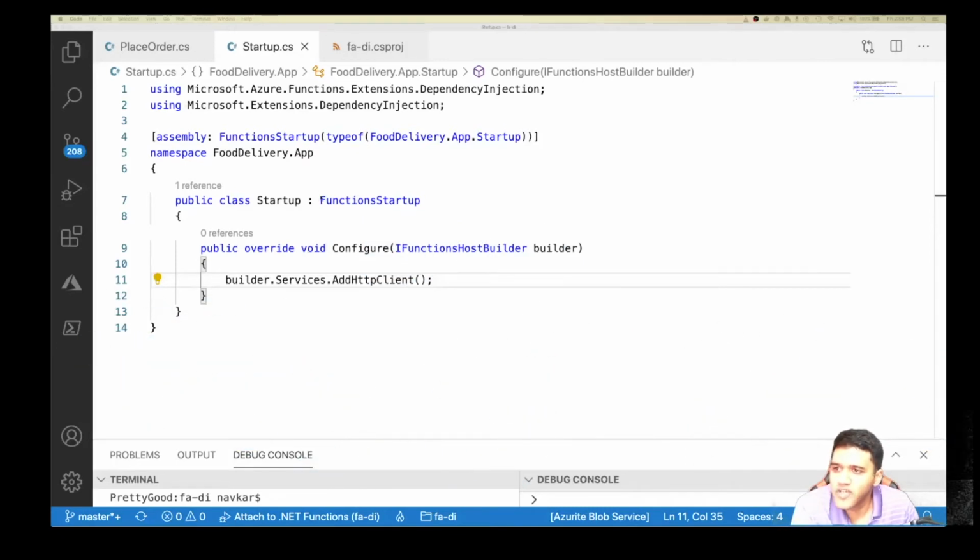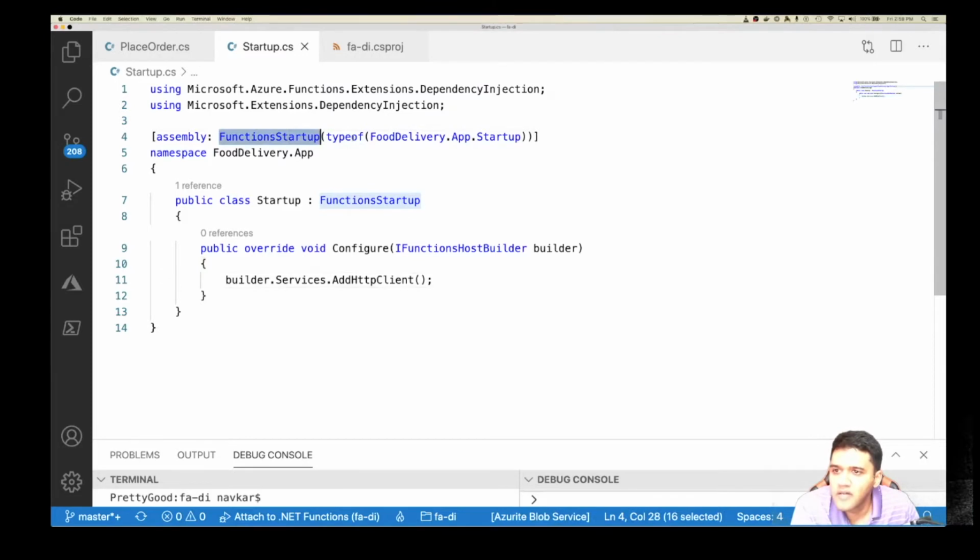To summarize, we have this assembly level attribute called FunctionsStartup, where I'm specifying the class name, and I'm qualifying the class name with FoodDelivery.App, which is my namespace here. I can use any class name here. I've used Startup just for convenience.